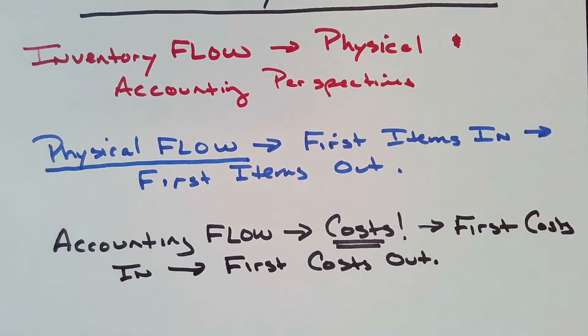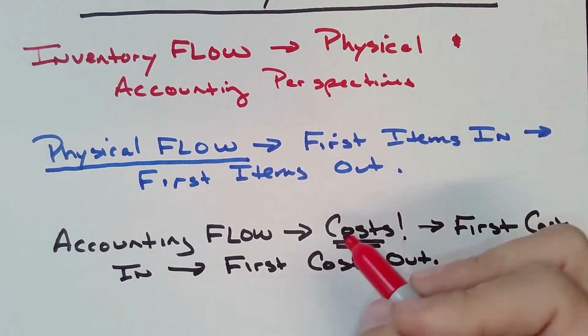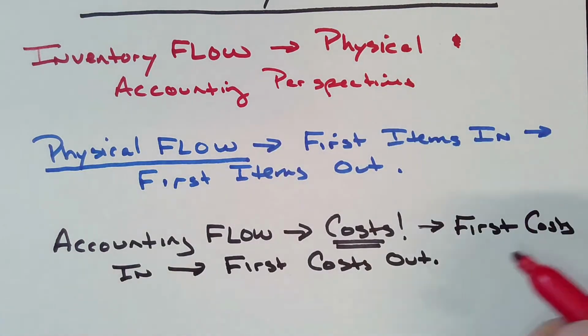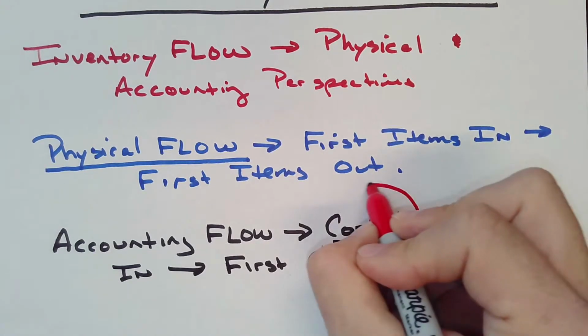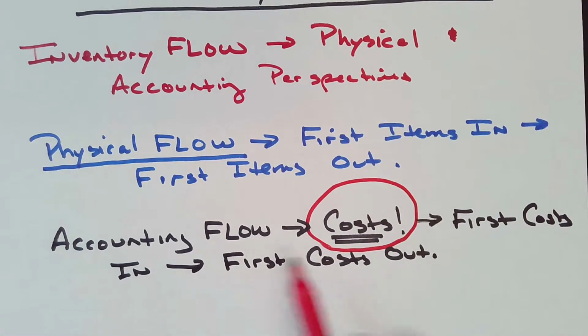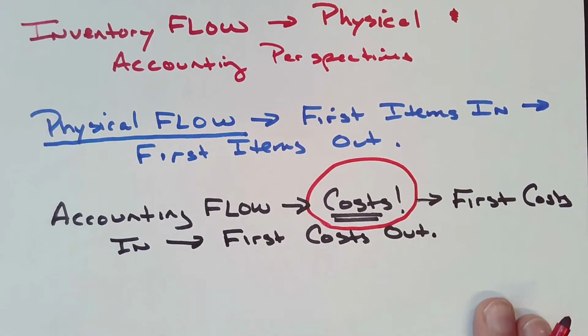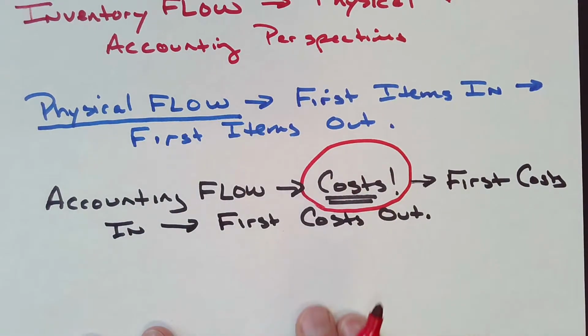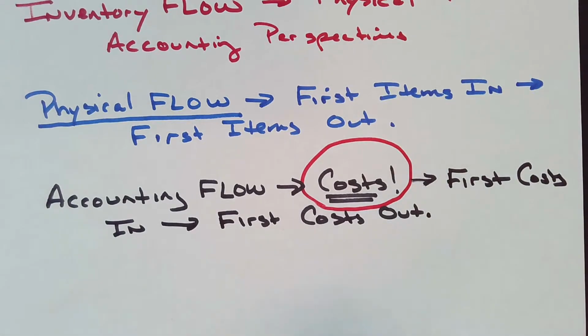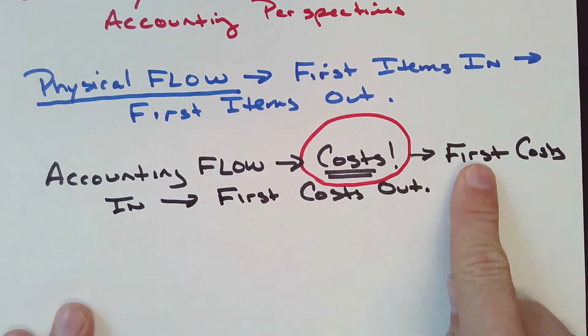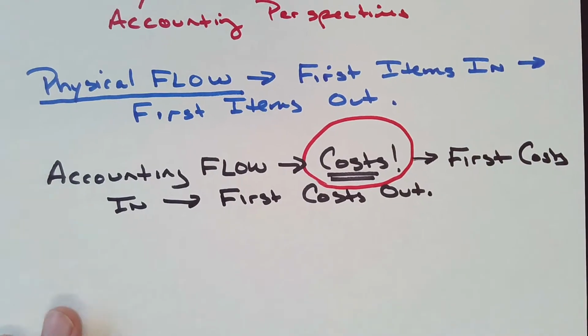Again, be careful with this. It's not the unit, it's the cost. Well, it's obviously going to be the units attached to the cost, but we're looking at the costs here. How the accounting flow of costs works. And there's a few others. Crazy, but there are. Another accounting flow for these costs could be